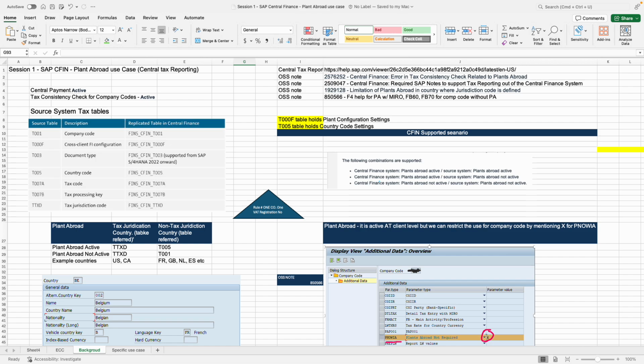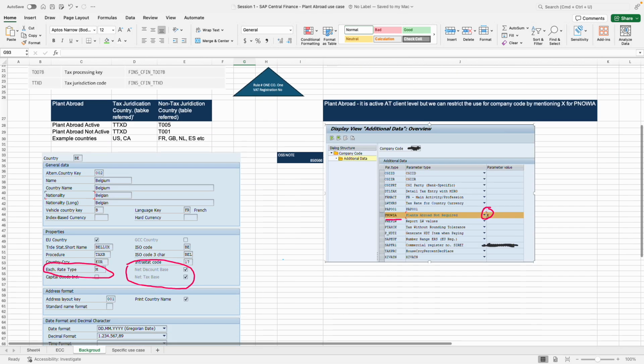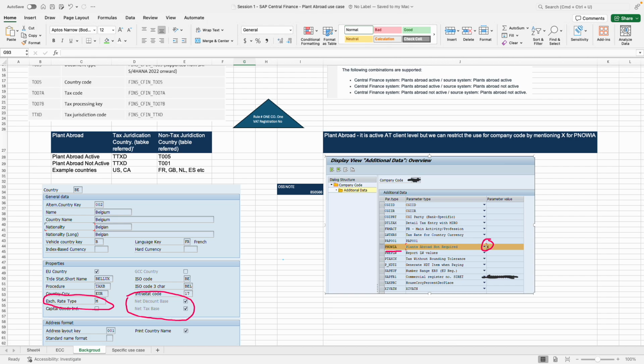But before this, let's talk about the plant abroad settings, configurations, and when a document is replicated from ECC to Central Finance, what checkpoints happen and what check tables are considered. Okay, so when plant abroad is active, the document replicated from the ECC system primarily checks and compares exchange rate type, net discount base, net tax base, which is marked in the color here in the mark,